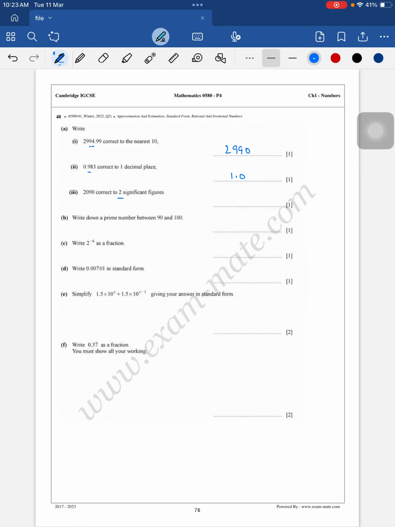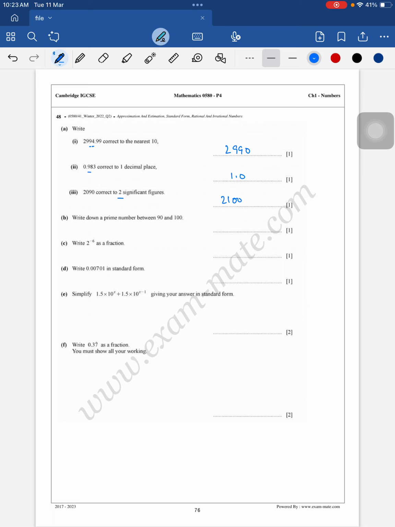2090 correct to two significant figures. Correct to two significant figures means 20, and since the next digit is 9, there will be an increase of 1, so 2100. Am I clear? Right? And after that we have